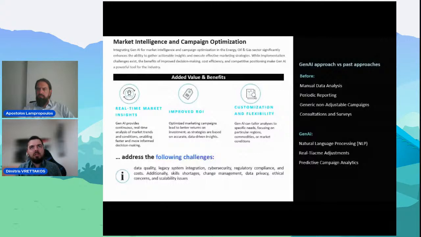We had many velocities, many different approaches regarding marketing intelligence. What Gen AI does here is, again, it has the possibility to use things in real time, complex input, complex output. So real-time marketing insights can be provided by GenAI. And we are talking about continuous real-time analysis. Market trends, conditions, anything you name it. I mean, this will enable, of course, the marketeers to act faster, to have a decision-making process much quicker than